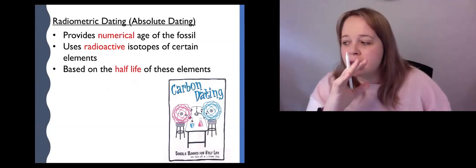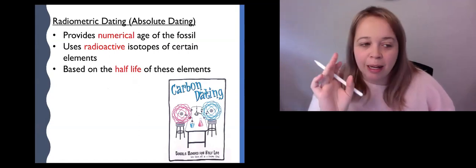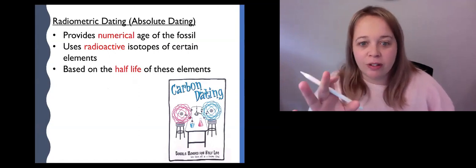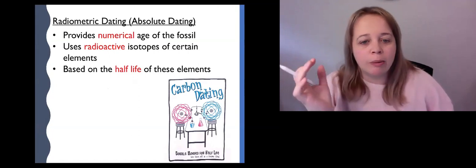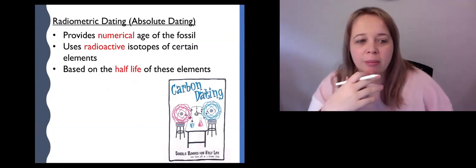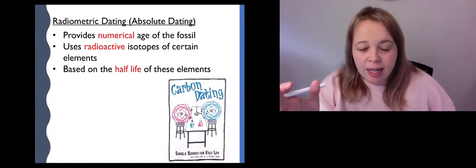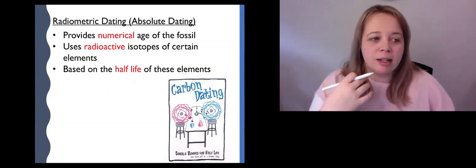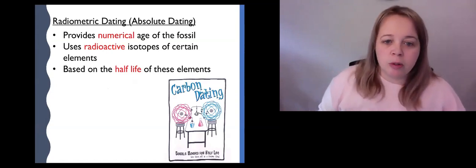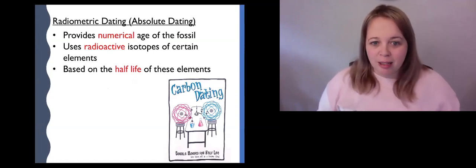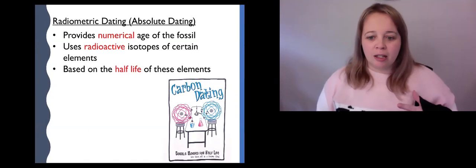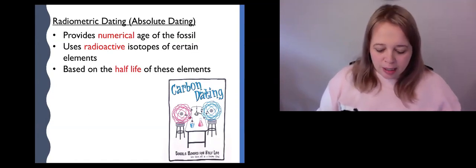Now, this is a bit of physics, but hopefully we can get through physics. I think you also cover it in maths as well. So we will be practicing this in class. I'm just going to go through it briefly, and then we'll see how you go in class as well. So what we do is we use what we call radioactive isotopes of certain elements. So what happens is carbon, for example, exists in